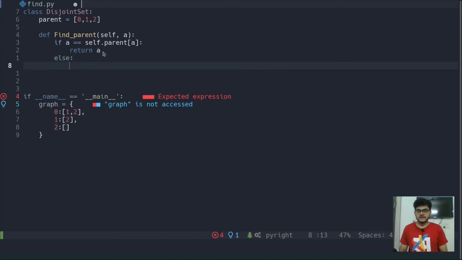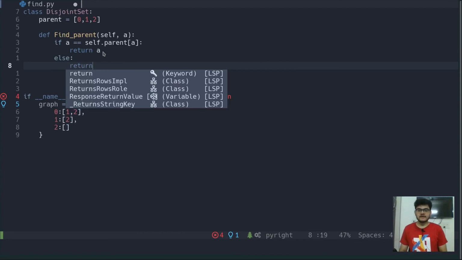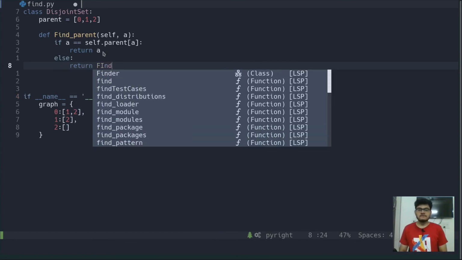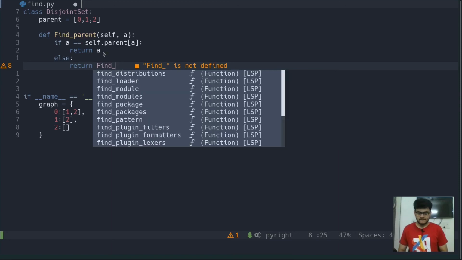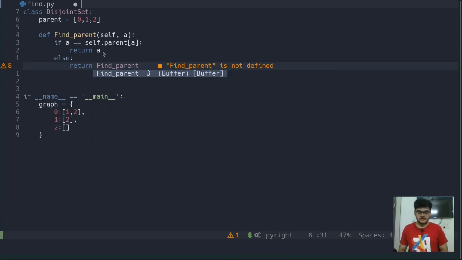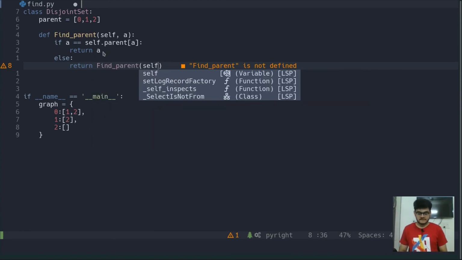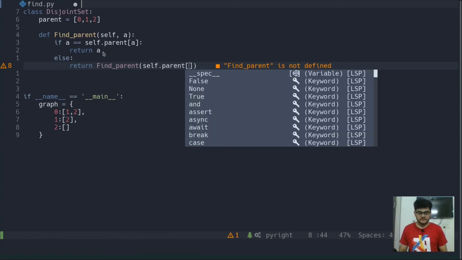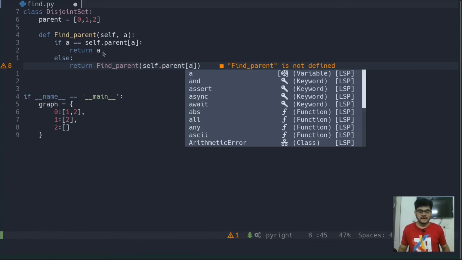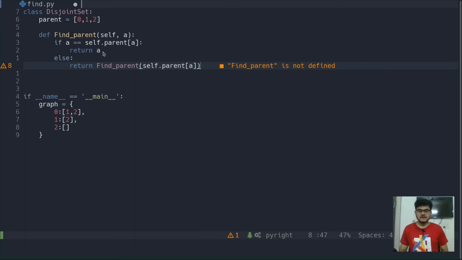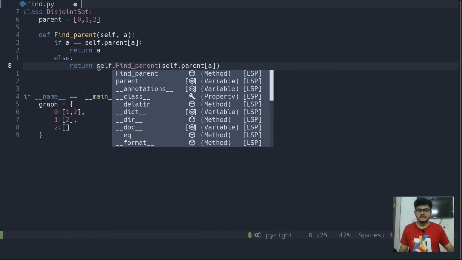Else, we are simply going to make a recursive call to the find parent function, and inside this I will pass self.parent at position a, right? We have already seen that in the introduction part. Here it says find parent is not defined, so actually it is going to be self.find parent, right?